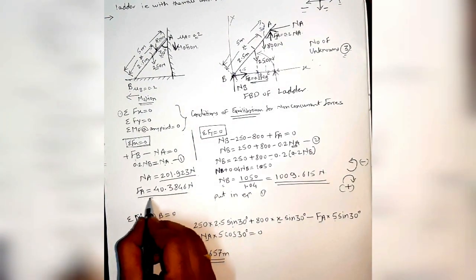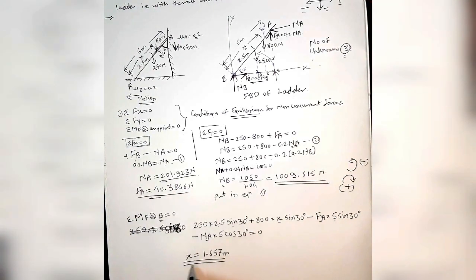So while putting the values of FA and NA here, you will get the value of x, and that will be nothing but your answer, which is equal to